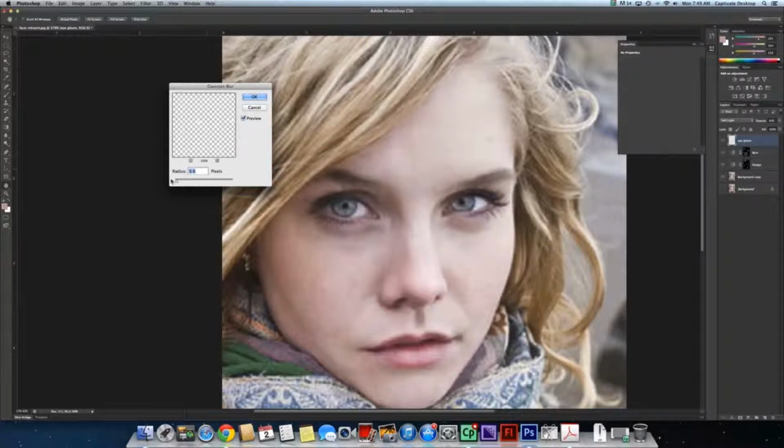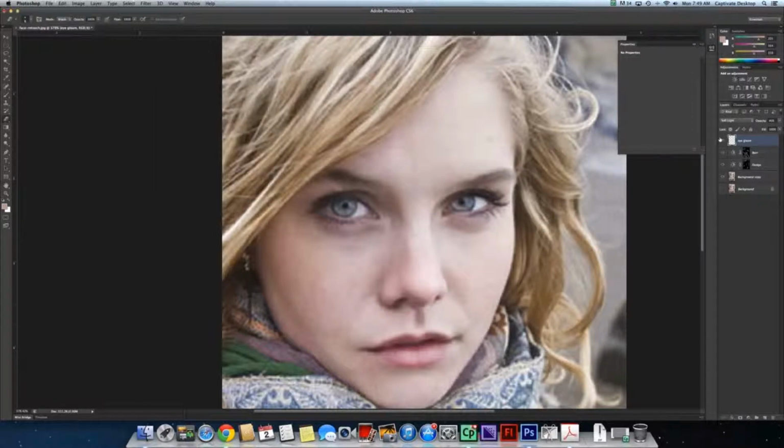Just a little tiny bit, maybe even less than 0.6. Okay, so there's our little gleam of the eyes, and that looks pretty good. So I'm happy with that. And you can kind of see how we're doing by turning those eyeballs off and turning them back on, and